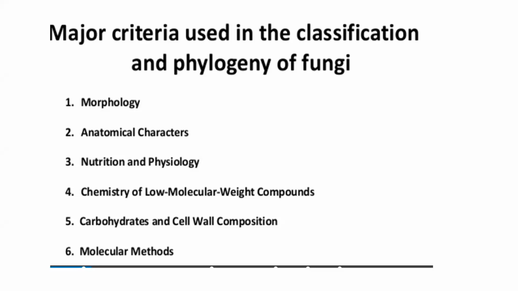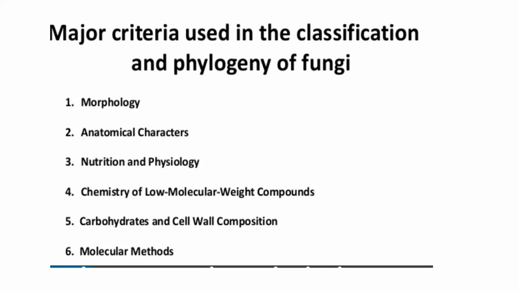It is called chemotaxonomy. When you classify an organism based on the chemicals, secondary metabolites that are produced by the group of organisms, you call it chemotaxonomy. It is a recent way of classification. Apart from that, fungal cell wall has carbohydrates, and chiefly fungal cell wall is very unique because it has chitin